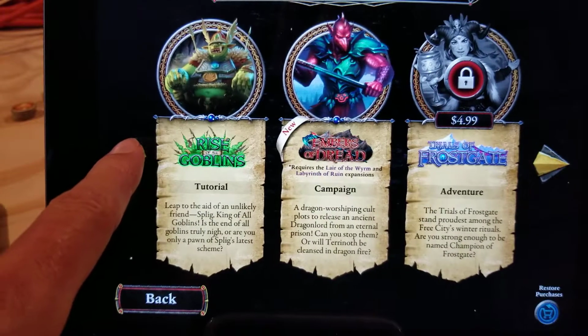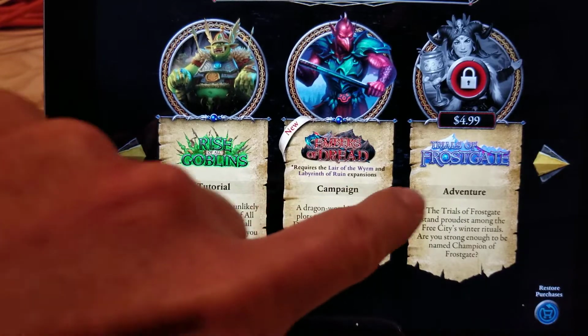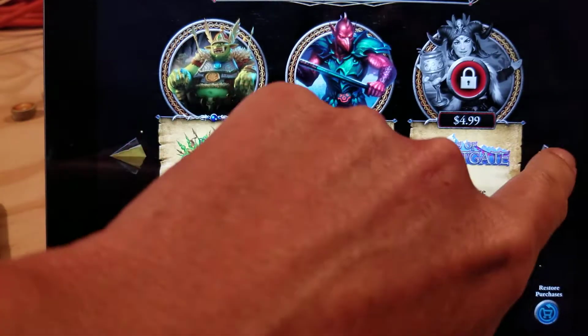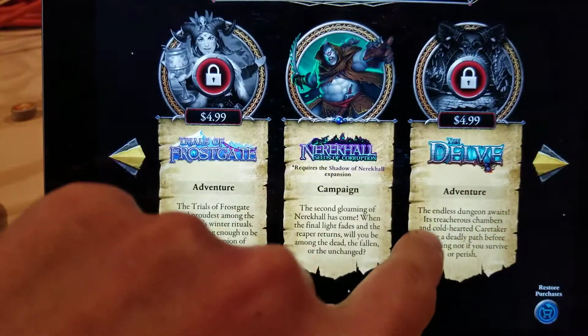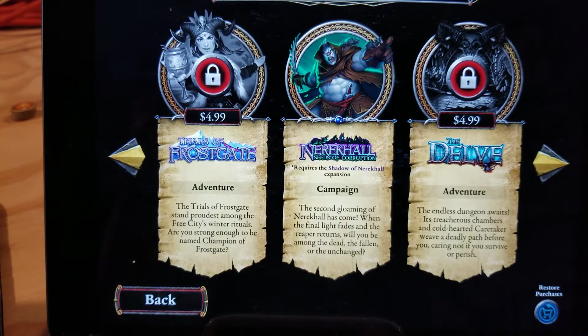So the app is free, but if you want to do some of the other campaigns that are included with it, you're going to spend $10. I don't think that's a bad deal myself. Of course, it doesn't say if those campaigns need certain expansions. So, $10 to play two other campaigns, I think that's a pretty good deal. Anyway,